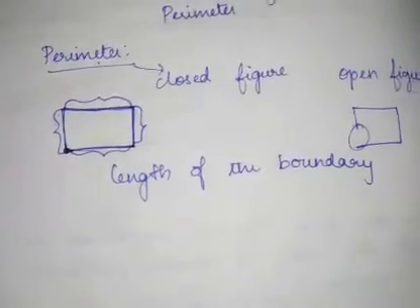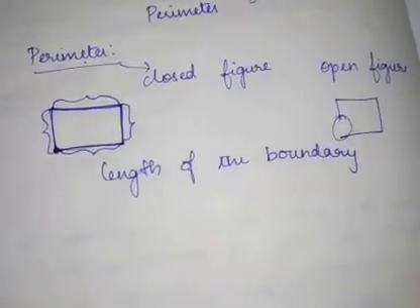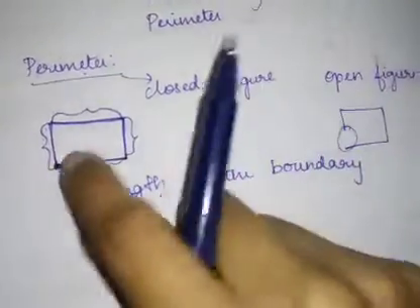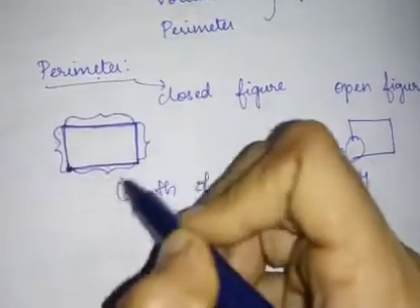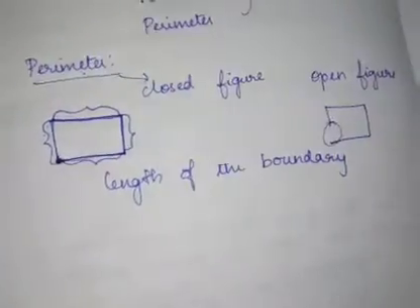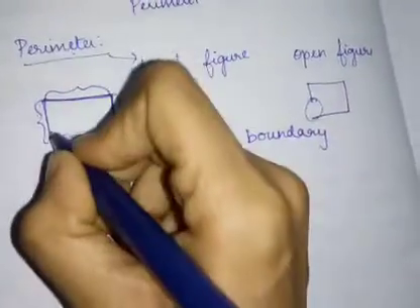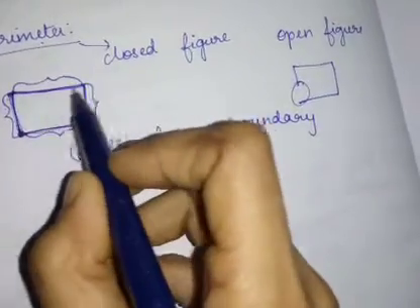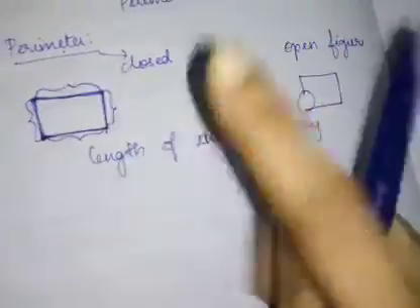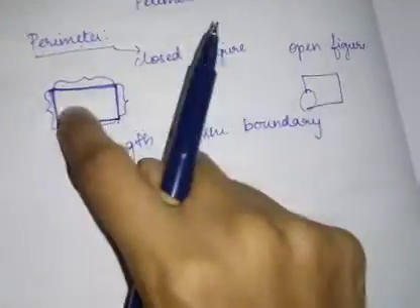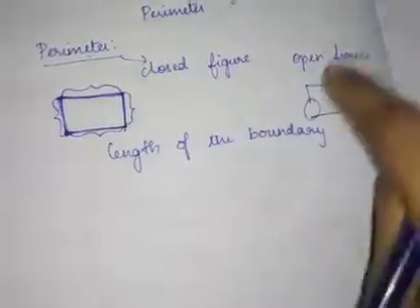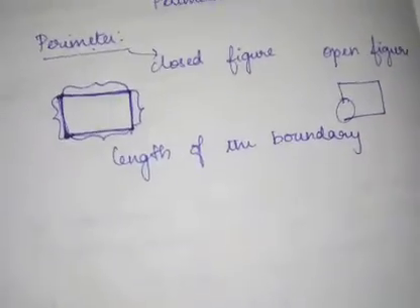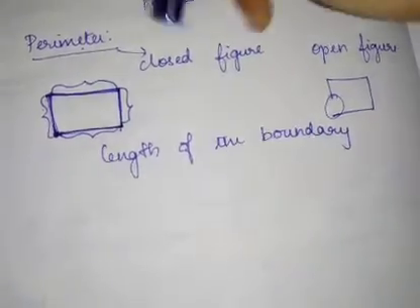Perimeter is what, children? It is the distance covered along the boundary. Boundary means what? Border. Along the boundary forming a closed curve when you go round the curve only once. If you go like this, you will add this length, then like this, then this one, then this one. You will go only one time through that boundary, but you will add all the four sides. That addition answer is nothing but the perimeter value. So perimeter is nothing but the length of the boundary.